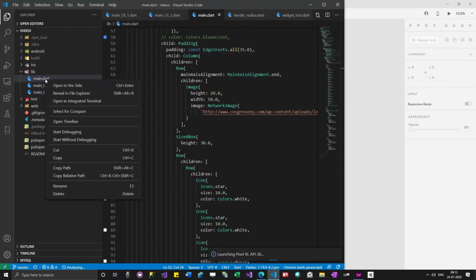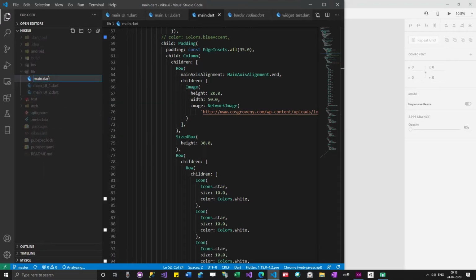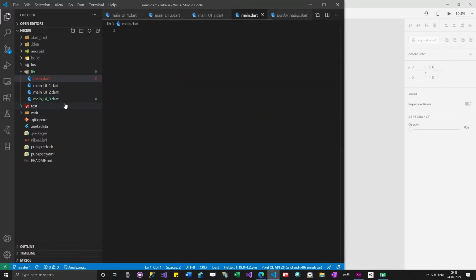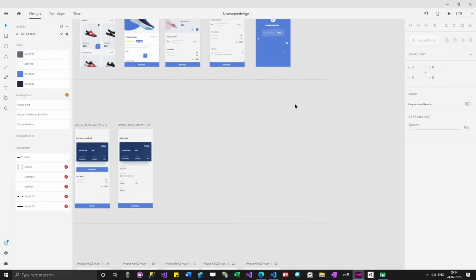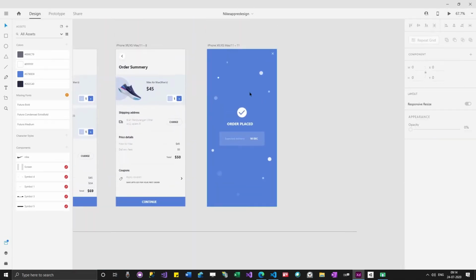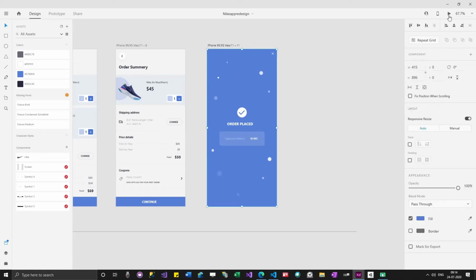So as usual, I am going to rename this file UI_3.dart, and then create a new file main.dart. So today we are going to develop this page. What I'll do is I'll just select this page and then click on play.